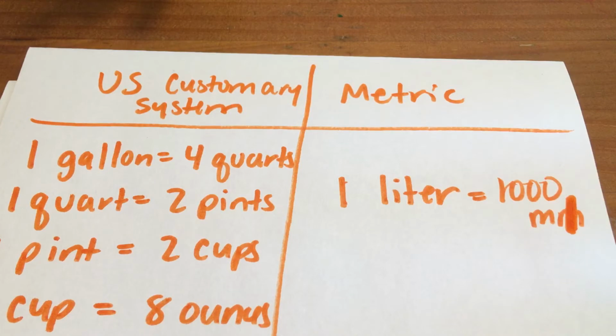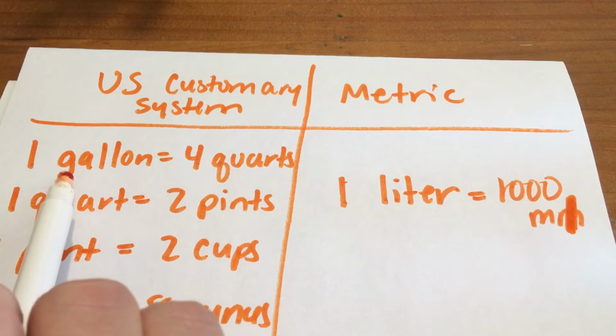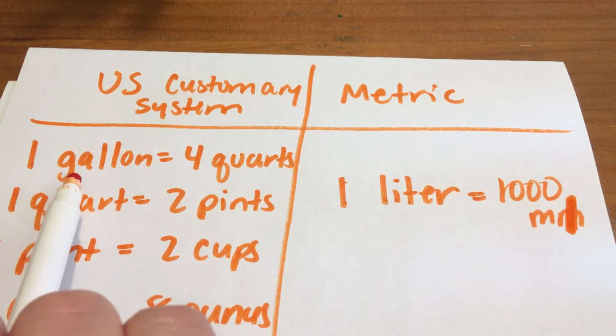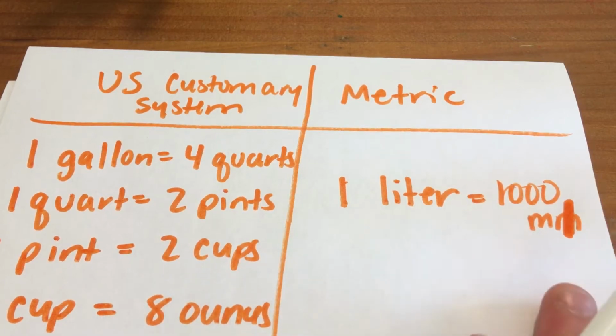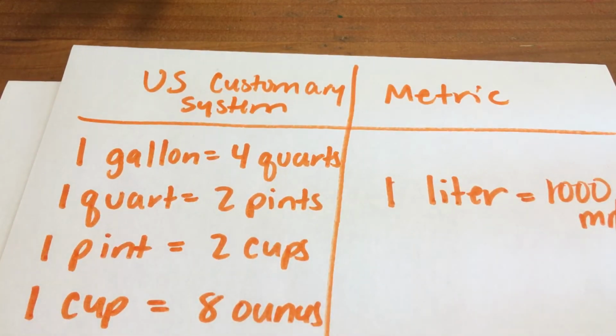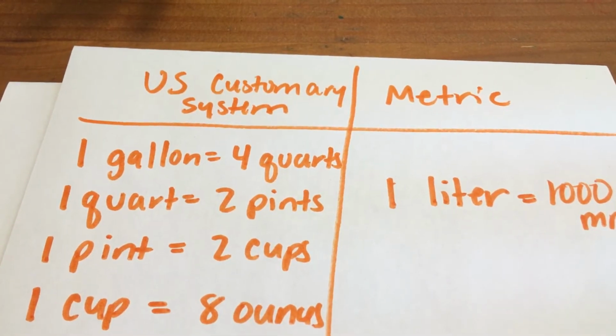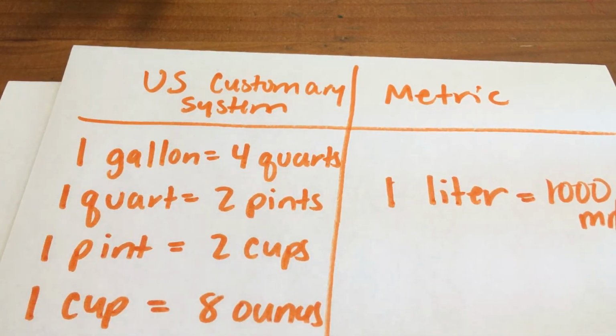Now, to help you think of this, a gallon, think of a gallon of milk. You know what a gallon of milk looks like. A cup, think of a measuring cup. You know what a cup looks like. Or just a small drinking glass, a normal drinking glass, not tiny, but not huge, would be 8 ounces. You can't see that, so I also drew out a little picture so you can kind of see how these